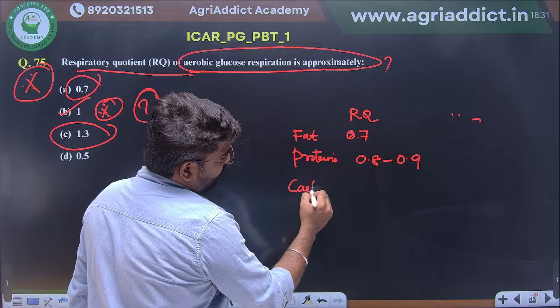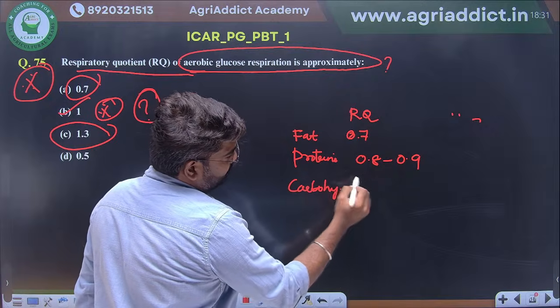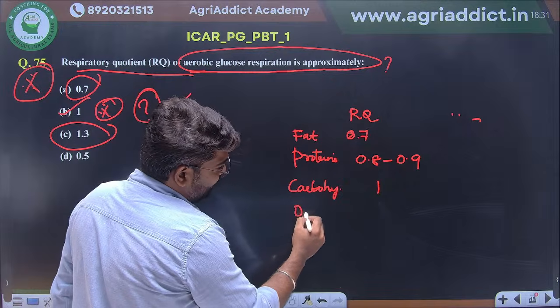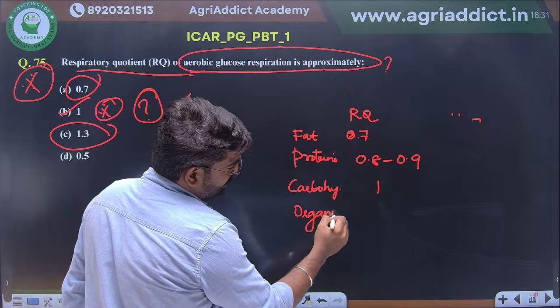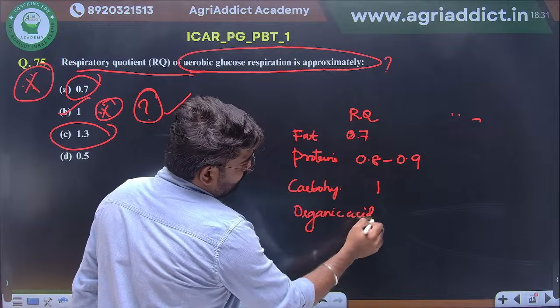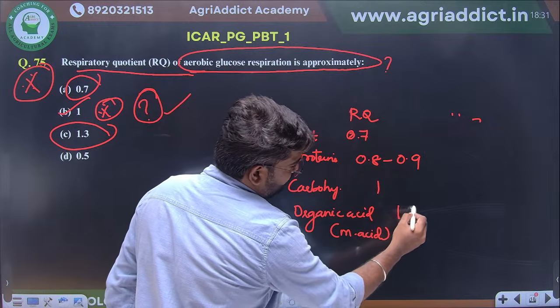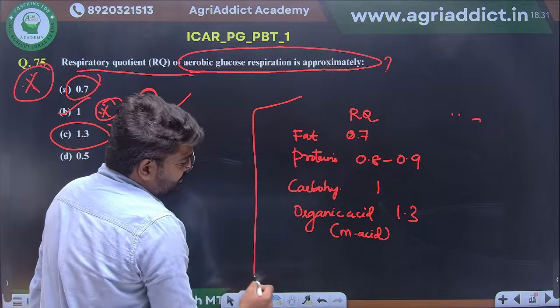And for carbohydrates, that value will be unity, 1. And for organic acids, like malic acid, the value will be 1.3. Why I am writing this means,